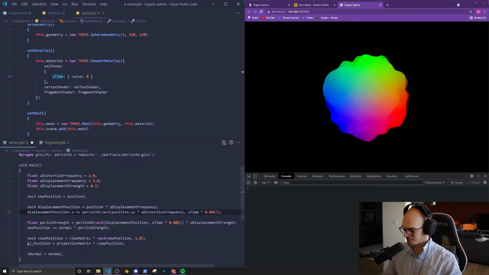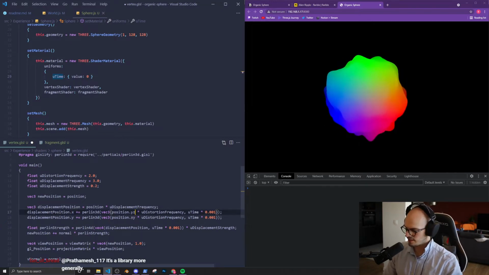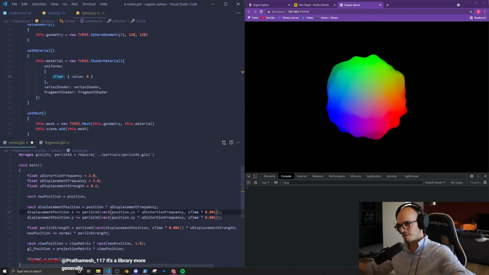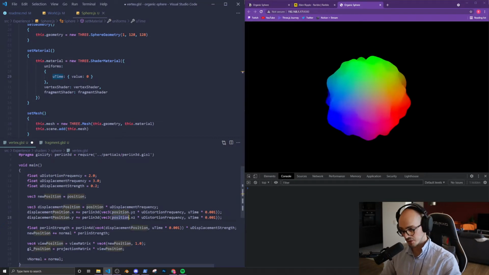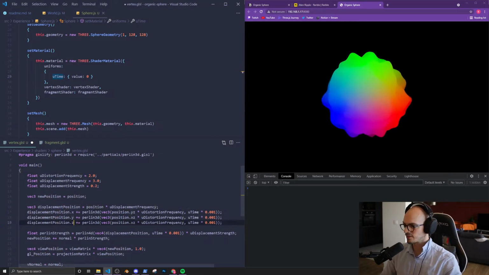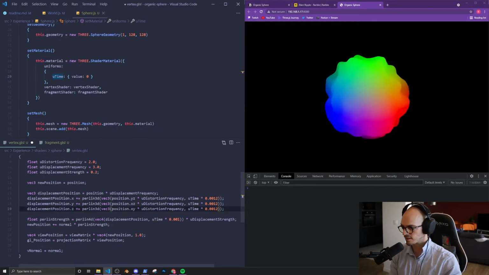I'm not checking the chat. I'm trying to focus right now because I'm already a bit lost. So for the X, it's Y, Z. So I'm using the other axis to mess up with this axis. On the Y, we use the X and Z of the initial position, not the displacement position, yeah, that's it. And on the Z, we use the X and Y. We always apply the distortion frequency, and we use the time. Yeah, okay, I think that's it. Let's add some randomness to the time so that it's not exactly the same as for the Perlin. And then,